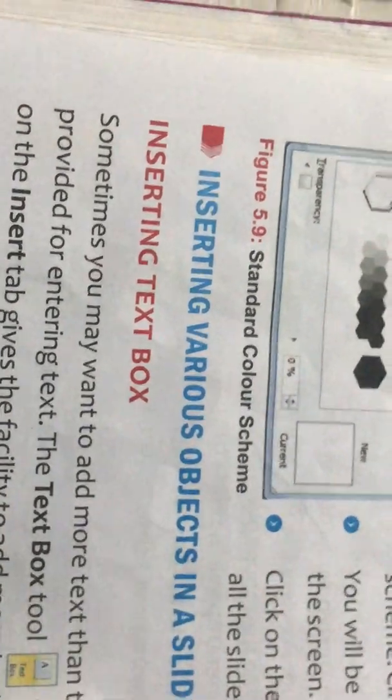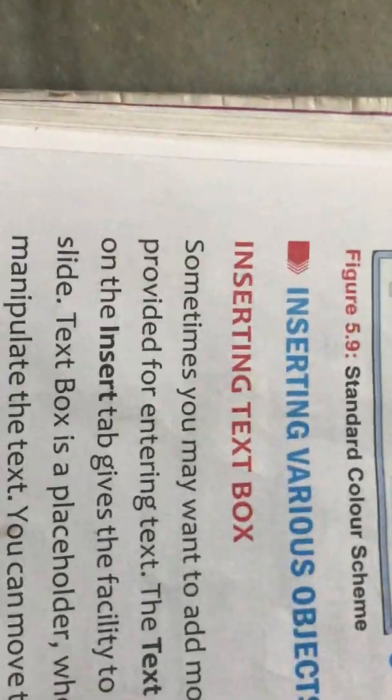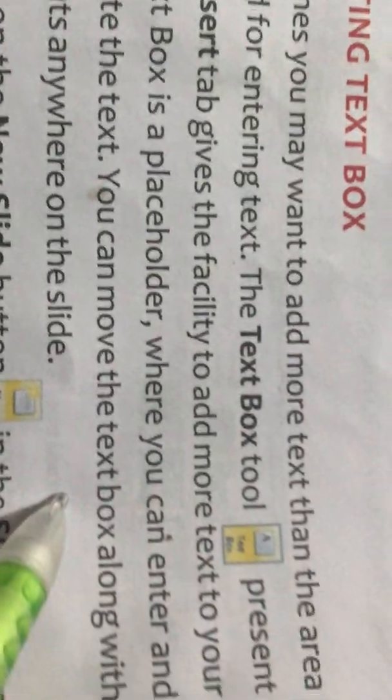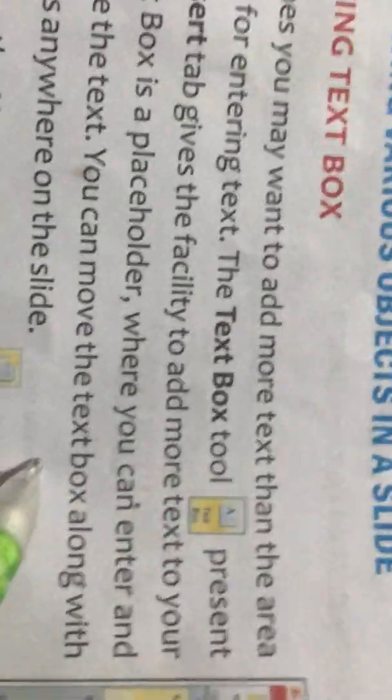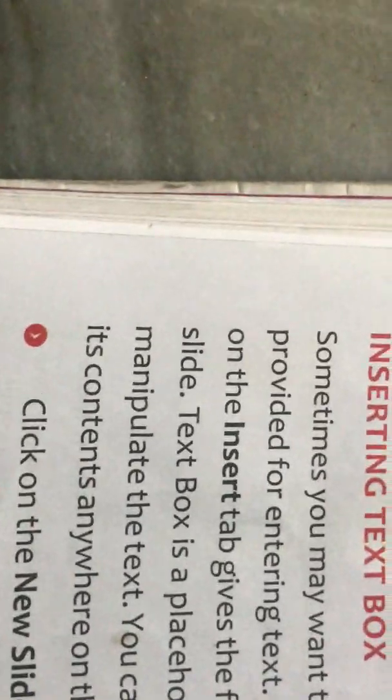Inserting various objects in a slide. Inserting a text box. Sometimes you may want to add more text than the area provided for entering text. The Text Box tool present on the Insert tab gives the facility to add more text to your slide.